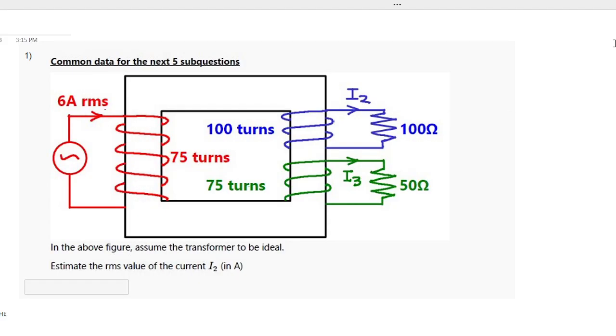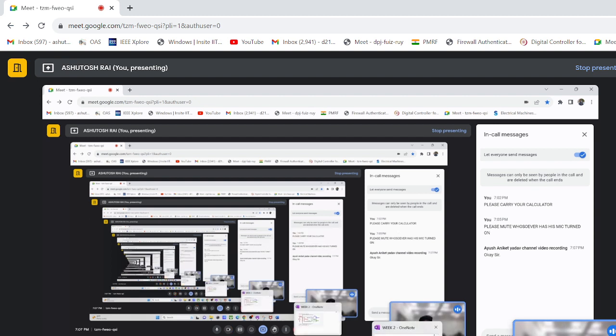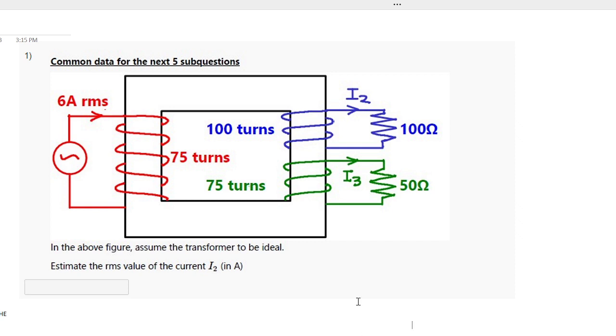Good evening, everyone. Today we'll solve a couple of problems related to power transformers, in line with your assignment 2. Okay,